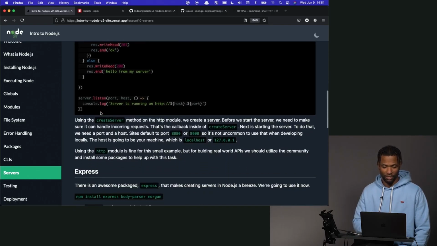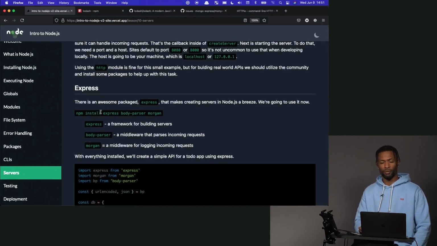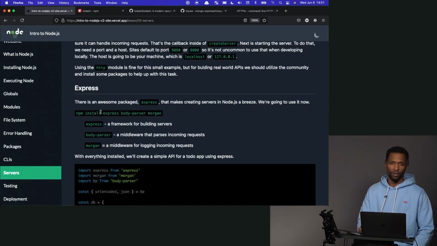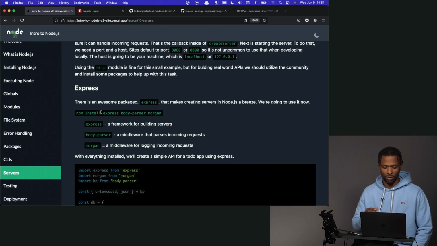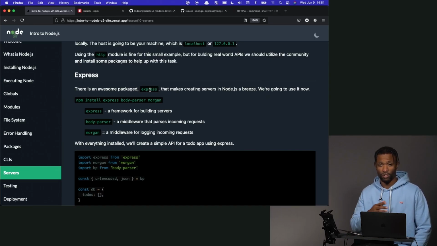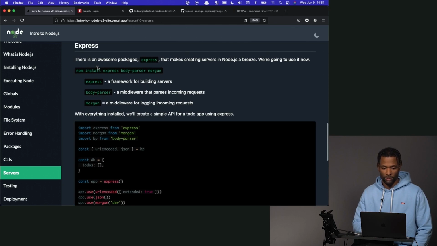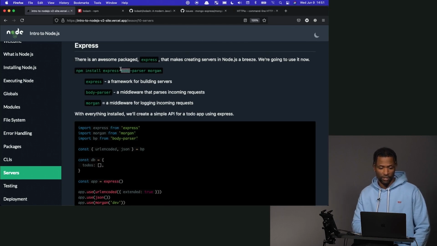So what you want to do instead is use this amazing tool, probably one of my most favorite packages in the whole npm ecosystem, the whole Node ecosystem. It's called Express, and it's such a fitting name because you can create a server super fast, like you're on an expressway. So the way we're going to use this is we're going to npm install Express, followed by